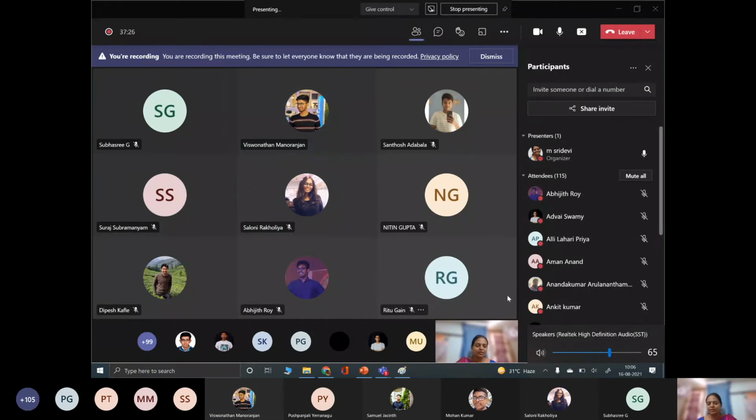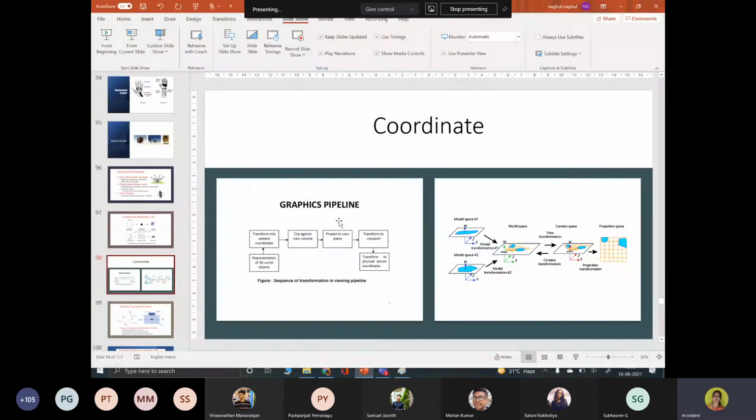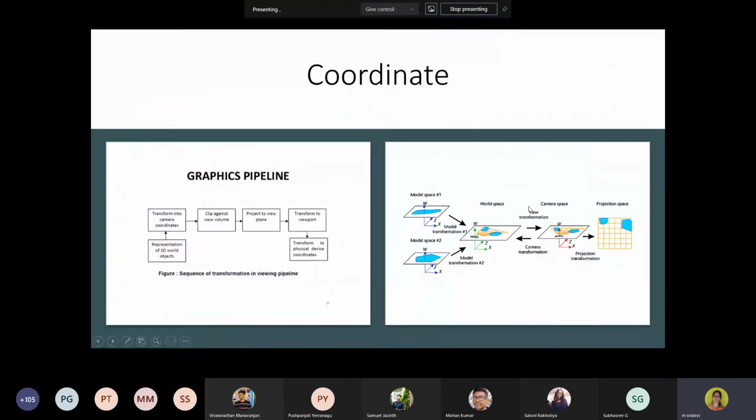So now with respect to this explanation, you have a world coordinate and a camera coordinate. How can you map this? Which one is a world coordinate and which one is a camera coordinate?